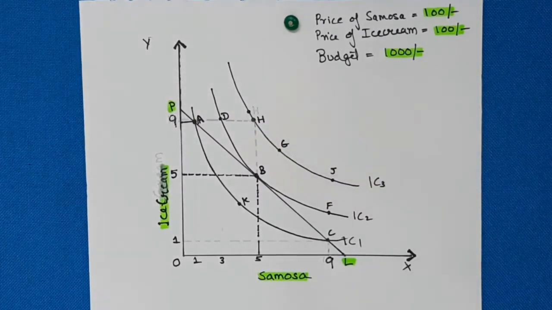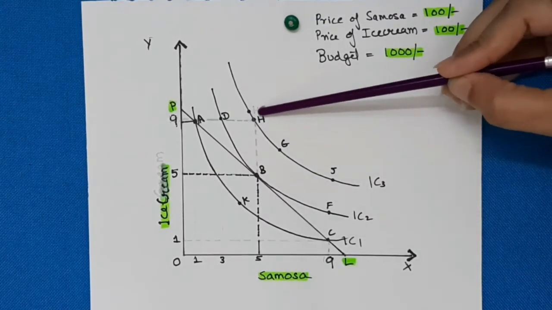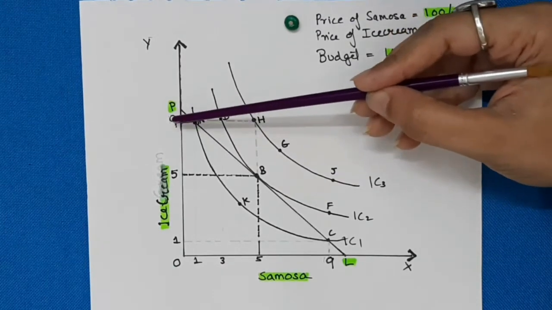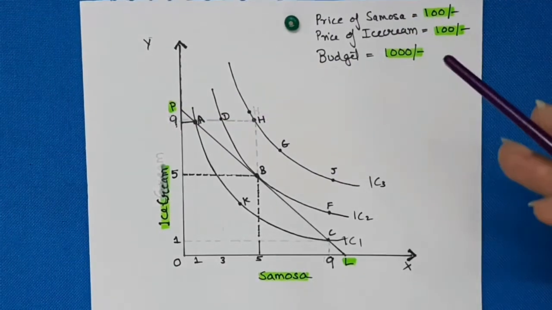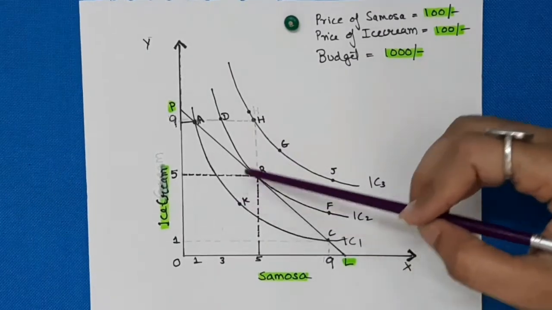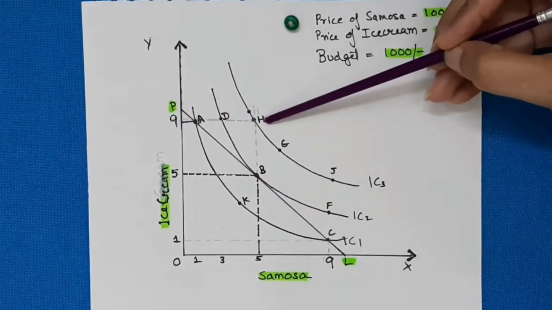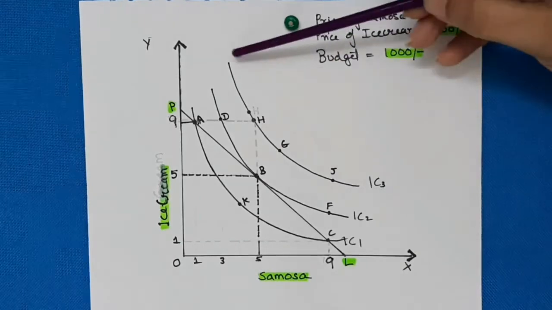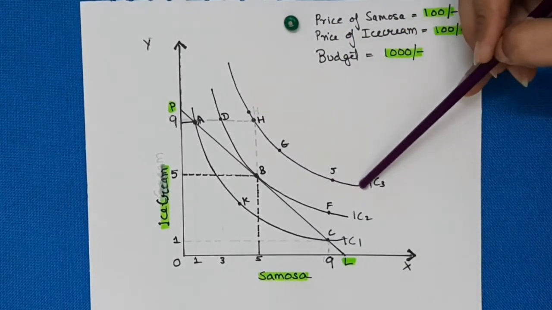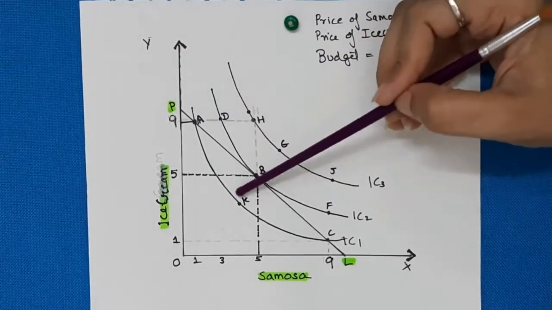Any consumer who prefers more to less will always want H's amount of ice cream and samosas compared to D, and D compared to A, because a rational consumer will always prefer more to less if there is no budget constraint. So we are only thinking about the unlimited part of this graph, which is represented with the help of different levels of IC curves. Now you can easily see with this example that H is on the highest IC curve. That means all the points on IC3 represent the same level of satisfaction, which is greater than D, B and F, and greater than A, K and C.